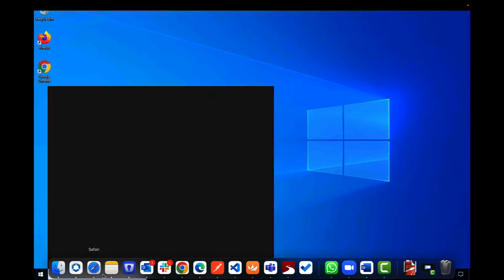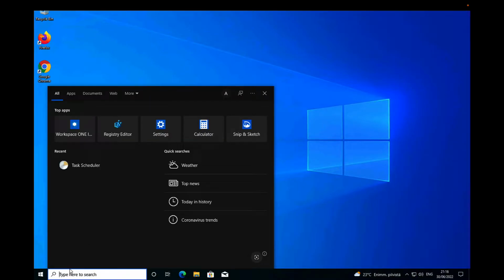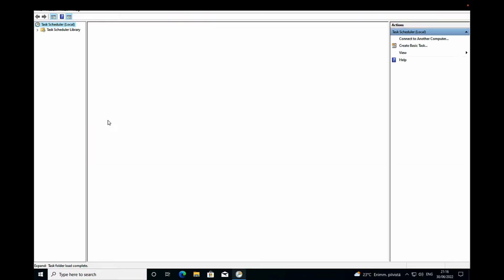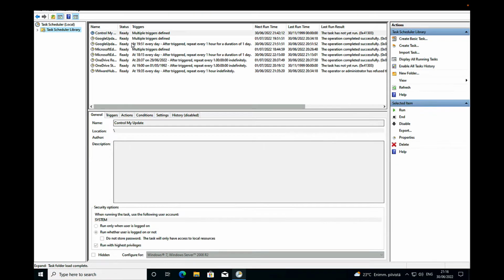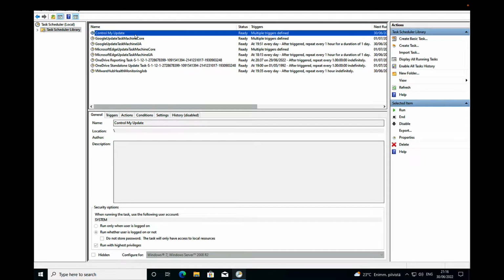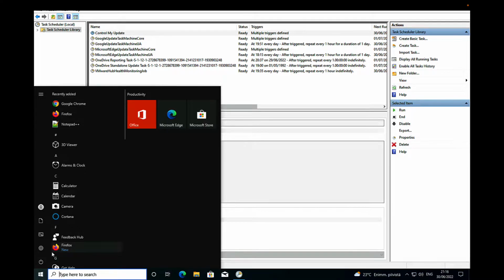Also in the scheduled tasks, you should see the ControlUpdate scheduled task, and it will run 30 minutes after installation. Also